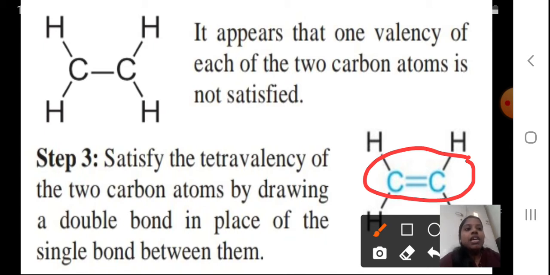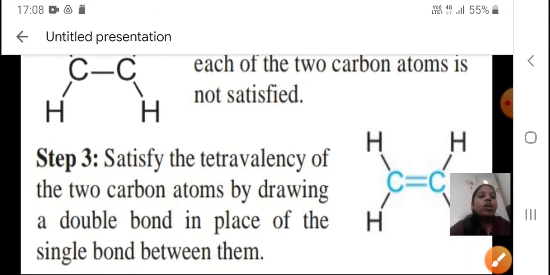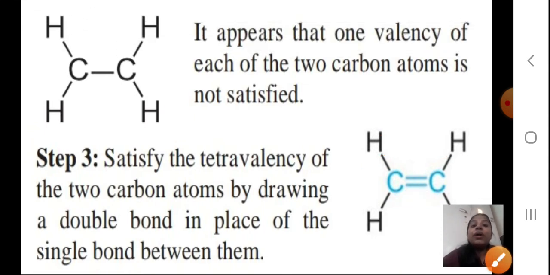Now is the valency satisfied for carbon? Yes. See, these are the 2 bonds, 1 and 2, in blue color, 2 bonds. So 1, 2, with hydrogen 3, and this hydrogen here 4. So yes, both the carbon atoms in the same way have now satisfied tetravalency. Okay students, did you understand? So what will it become? C2H4. Yes, so here how many hydrogens are there? 4 hydrogens and 2 carbon atoms, so C2.